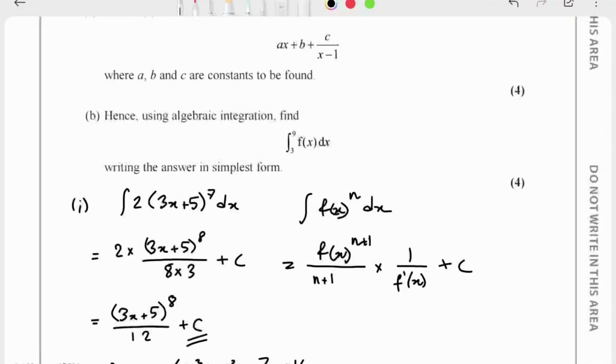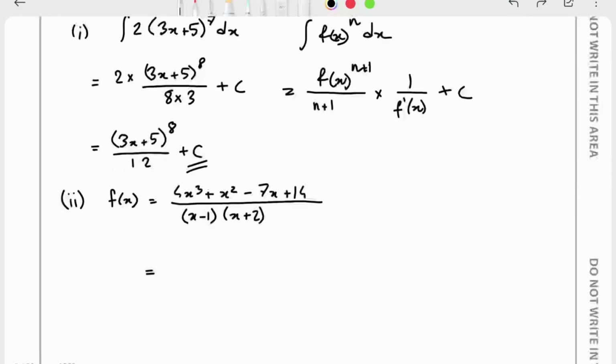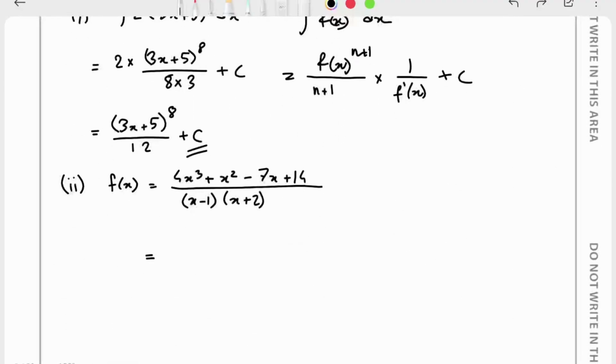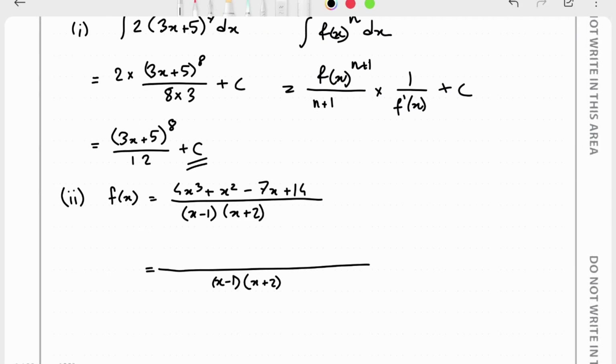For the third line method, we know that we need to keep x minus 1 as the denominator. So we need to take x plus 2 common from the numerator. That's exactly what we're going to do. x minus 1 times x plus 2. We're going to skip a line. It's minus 1 times x plus 2. So if we take x plus 2 common,